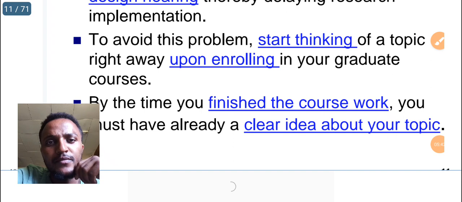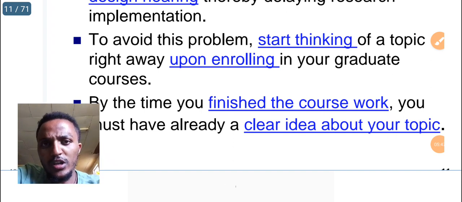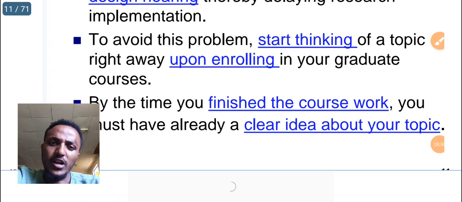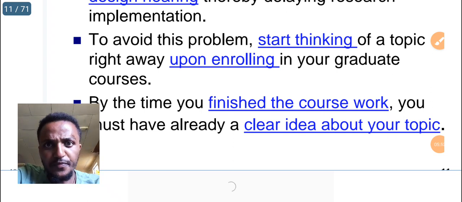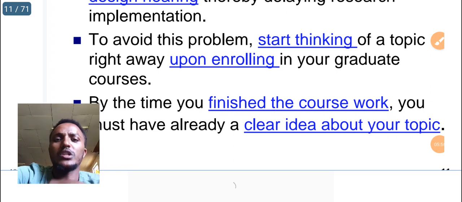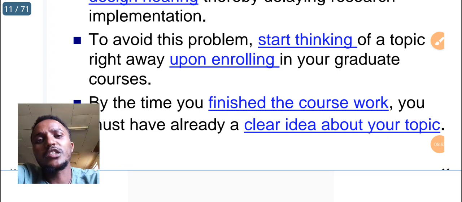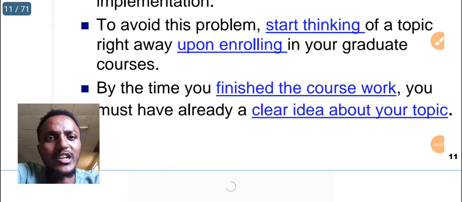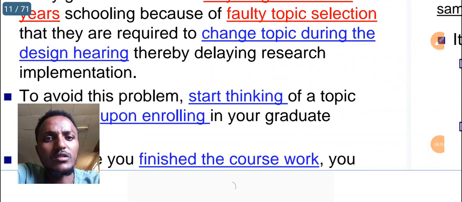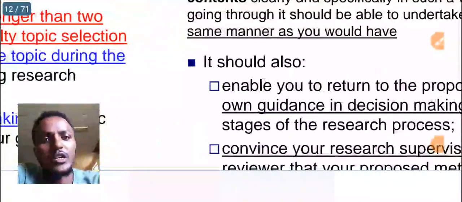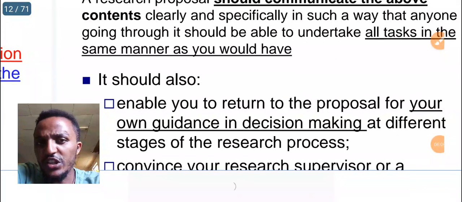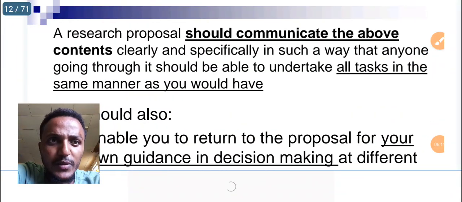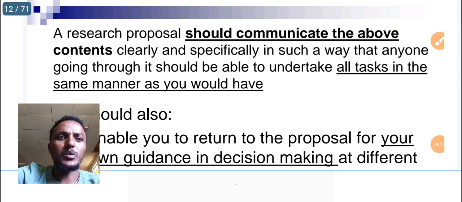So the area in which one should conduct the research has to be one of heartfelt interest, which makes him able to conduct quality research, from where the current scenario of science acquires the ability to bring new knowledge and to disprove existing methodologies and procedures of specific topics. A research proposal should communicate the above contents clearly and specifically in such a way that anyone going through